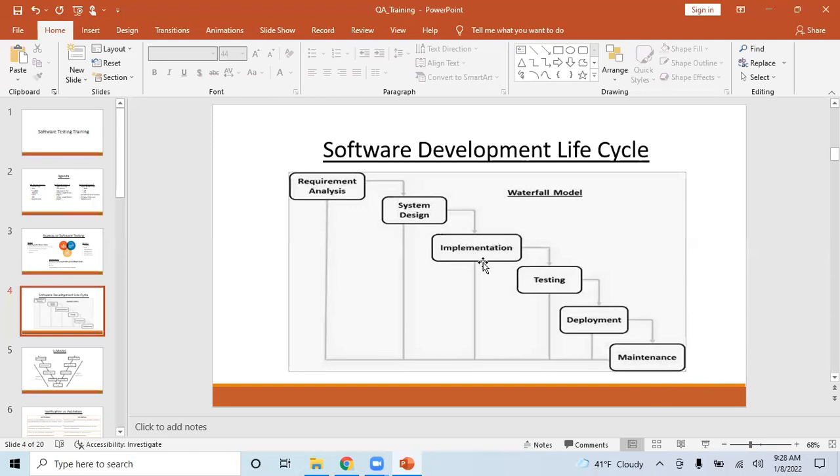They fix those bugs, test it, and deploy. This is a never-ending cycle. Once your application is in production, they either change the requirements, or requirements get added. Customers will ask for new requirements. So this cycle continues.